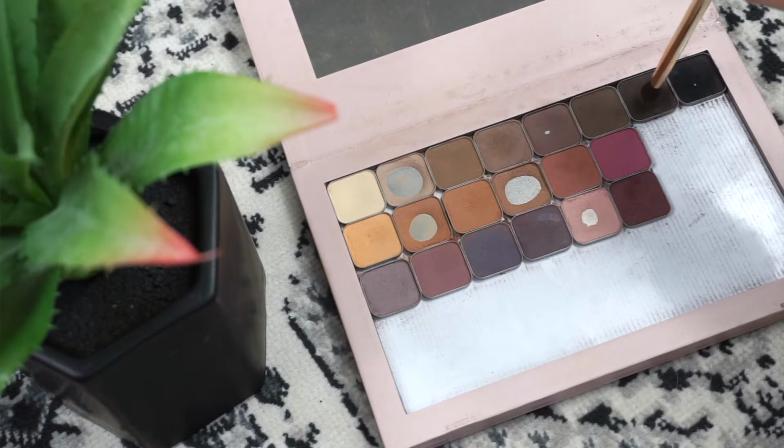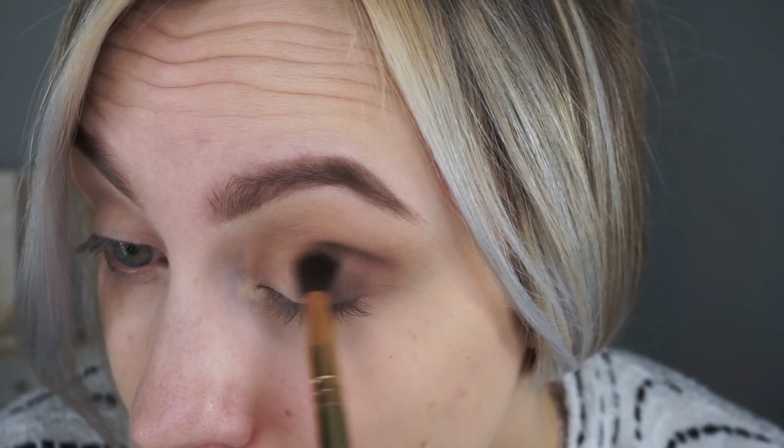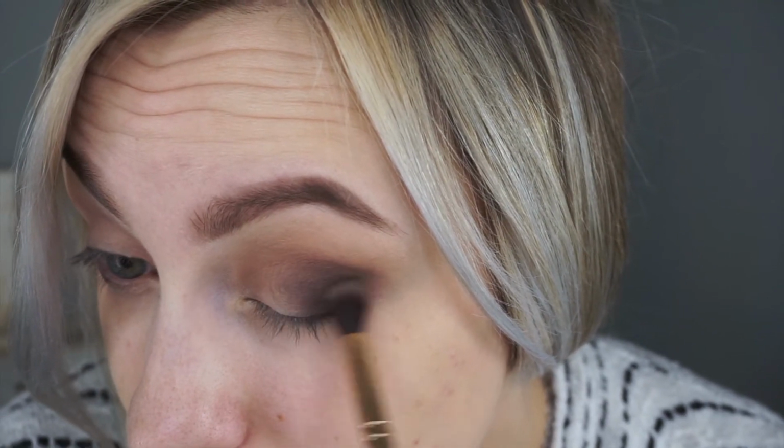Next color we're going to be taking is going to be Coal on that same fluffy brush. And so we're going to start by applying this right at that lash line and then working it out and over to that inner corner. And we will be running this color through the crease as well, all the way from the outer to inner corner here. And I'm just gonna go in with some more, and I'm really gonna build up these colors today